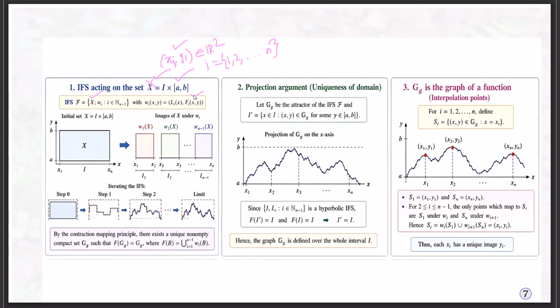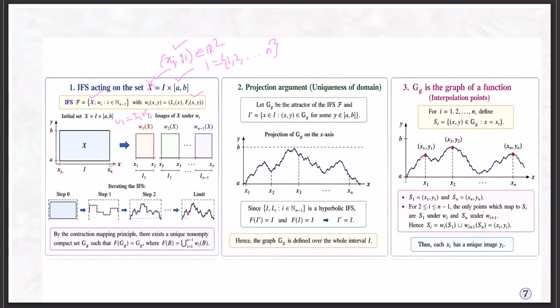Then what is the role of each W_i on X? What is X? We take x_1 up to x_n here. Then A is the minimum among all the y_i and B is the maximum among all the y_i. Now, without loss of generality, I am taking it as a perfect rectangular region. So, this is my X. What is the role of W_1? W_1 maps